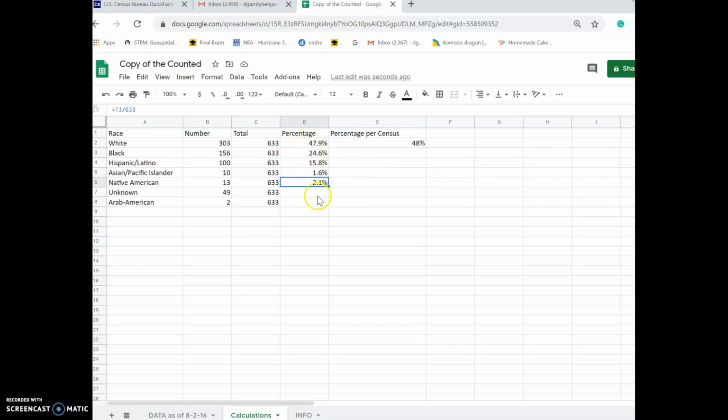So I'm going to let you guys do these last two yourselves because eventually you're going to have to do this for some other assignments in this class. So I'm going to let you do the percentages yourself. So remember, you're going to use your equals, this number divided by this number, hit enter, and then you have your number, and then you need to change it to percentage, and then you need to either decrease or increase your